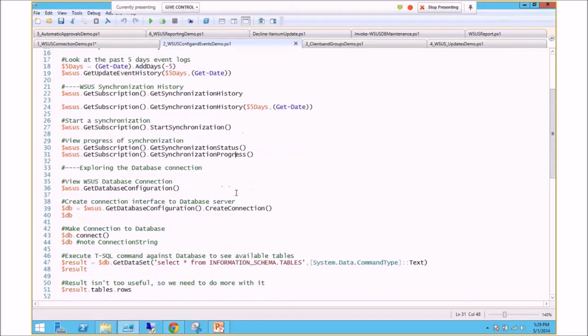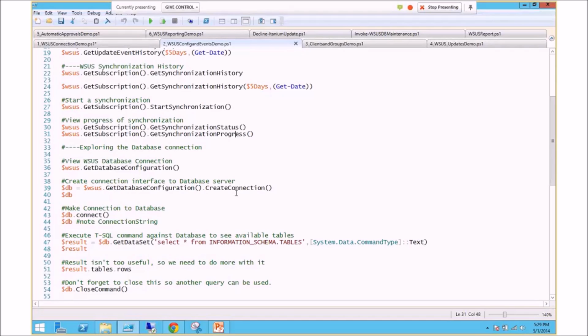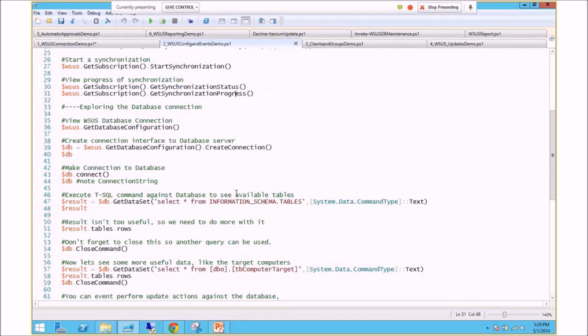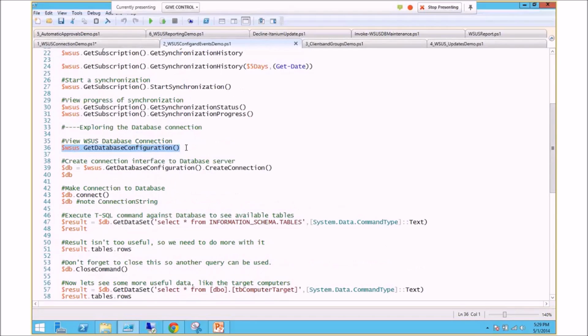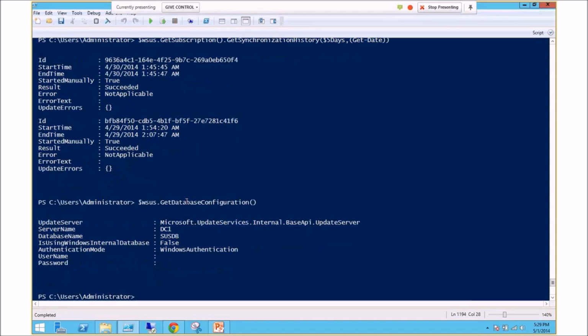And up next, we'll be looking at the database configuration. This is where your database is located for WSUS, depending on if you have it internally or externally on a SQL server somewhere. We can go and find out where it's at. In this case, I'm using the get database configuration method to call this. And I can tell that the server that's hosting the database is DC1. Database name is susdb. It's not an internal database, so we're actually using a